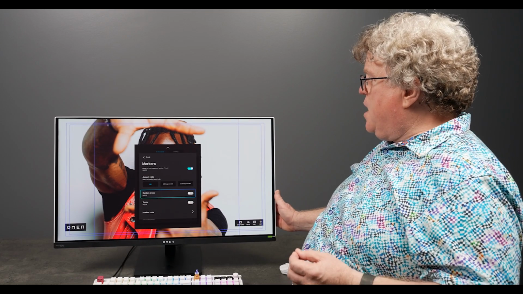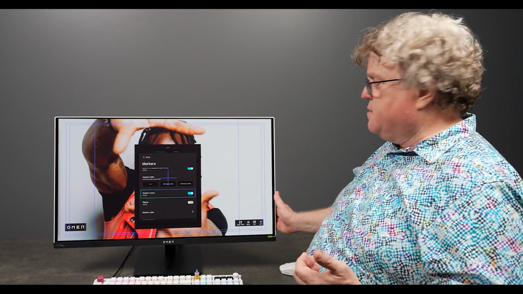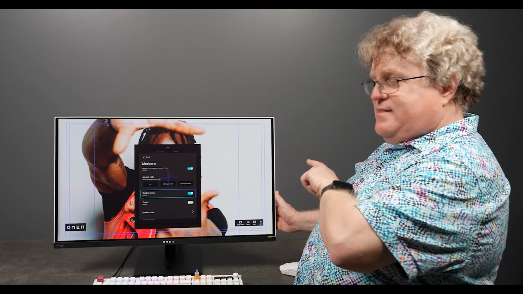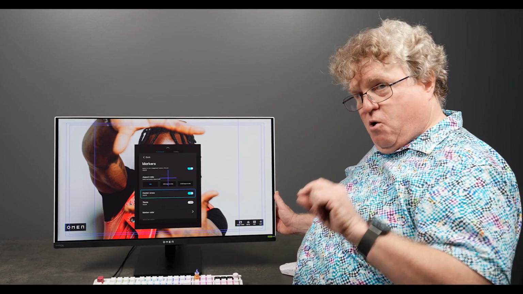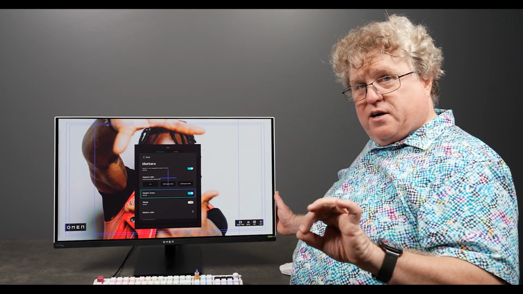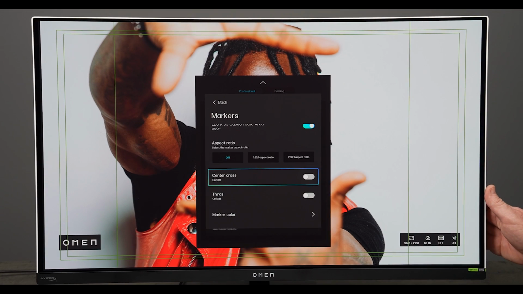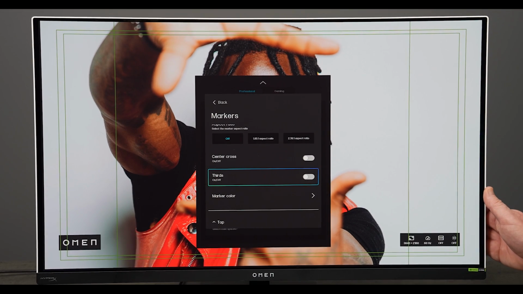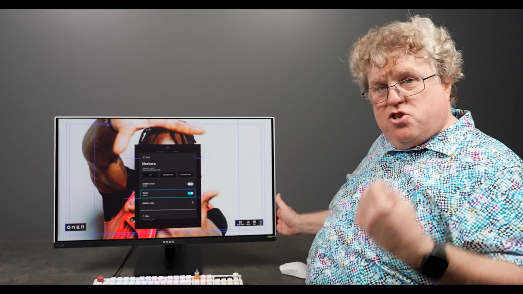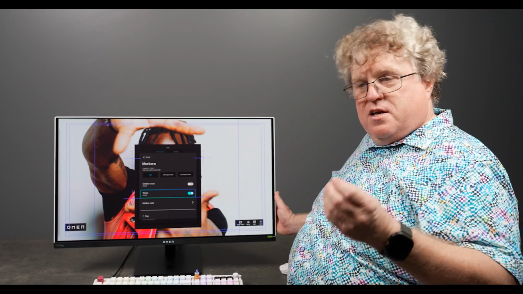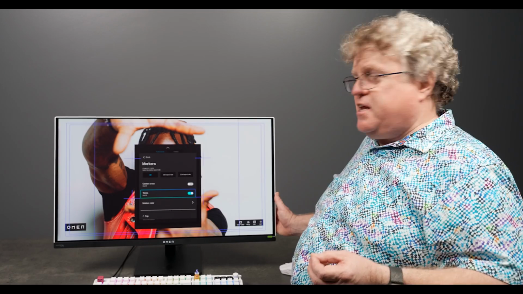We also have some other options such as a center cross for compositionally. This is different from the overlays that you have for crosshairs on the gaming side of the monitor. And we have thirds, which allows you to compositionally break your screen into 9 equal parts. If you know the rule of thirds for composition, you can use these as guides for positioning elements.